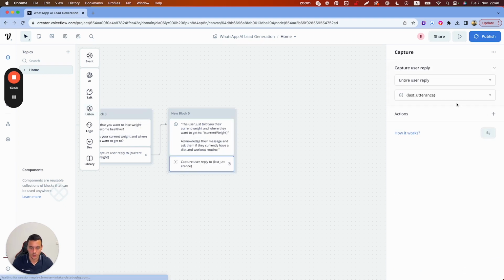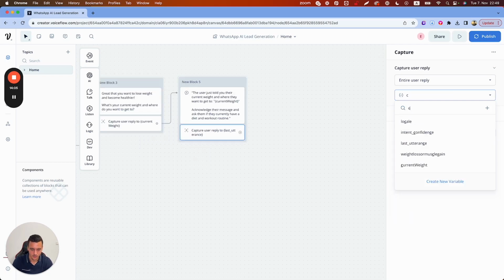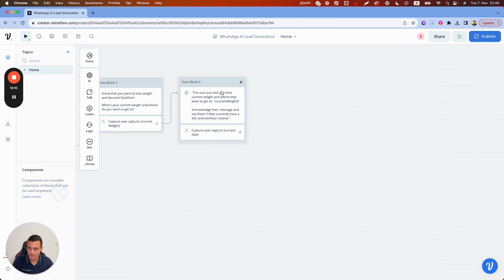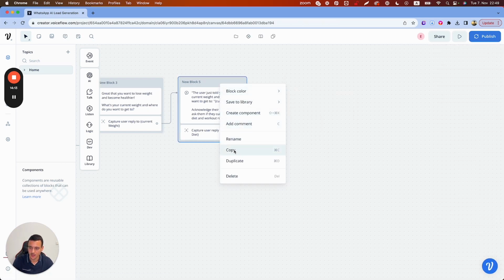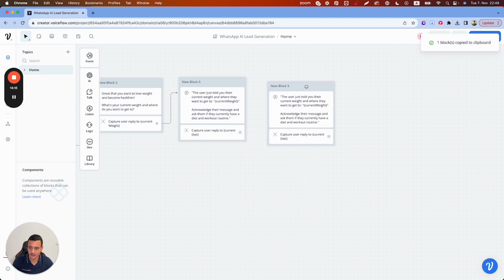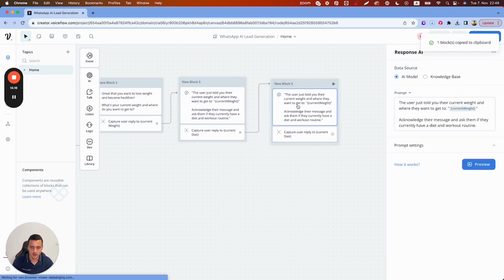We're going to capture that, and we're going to save that into a different variable again, which is going to be current diet. I'm just going to add that as a variable. Boom, current diet. Now what we can do is simply copy this, and we're going to add it in as one more step. Going to move up here. The user just told you their current diet and workout routine. Acknowledge the message and ask them how much they currently spend per year